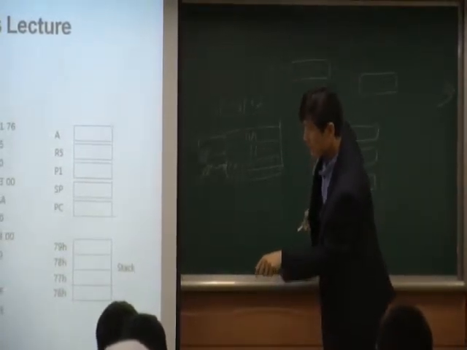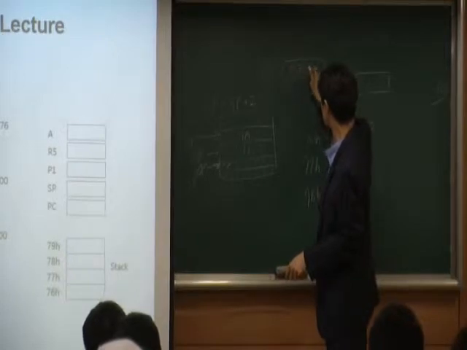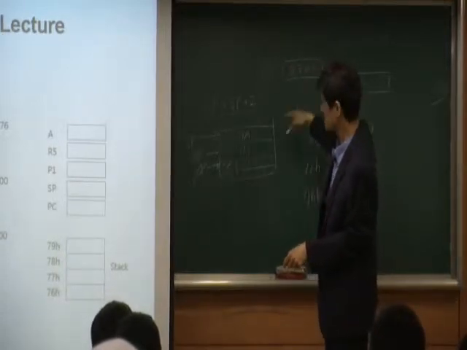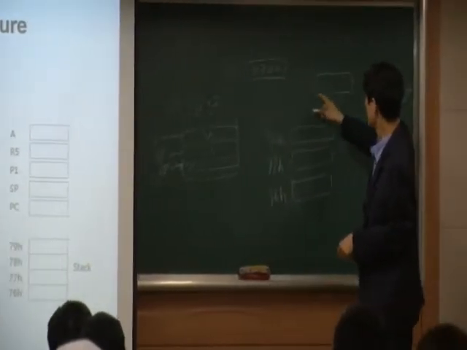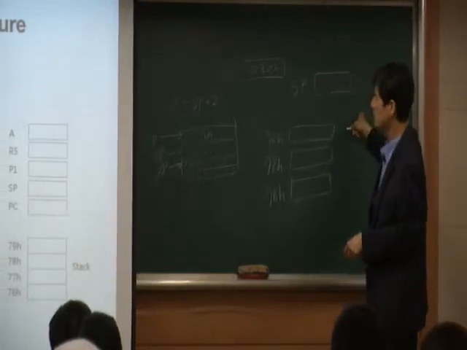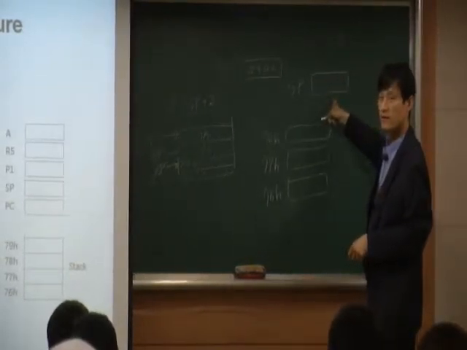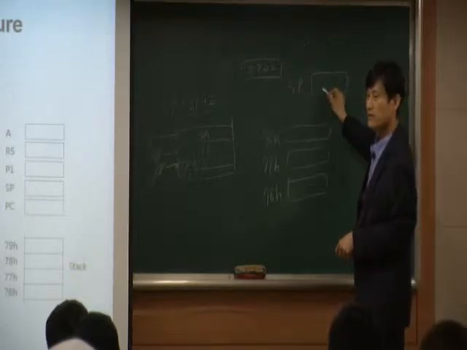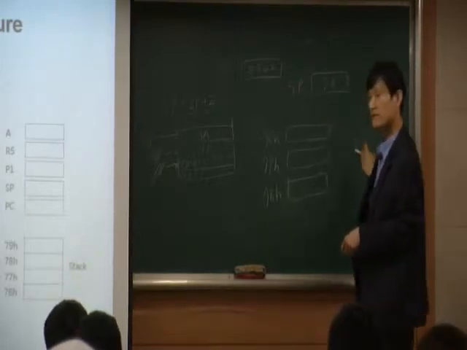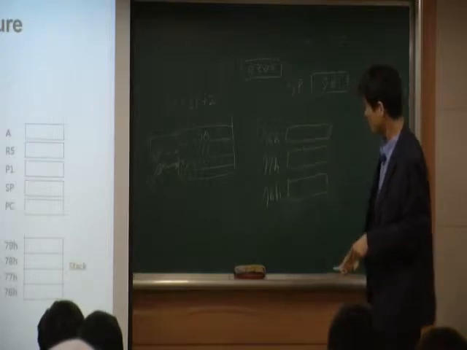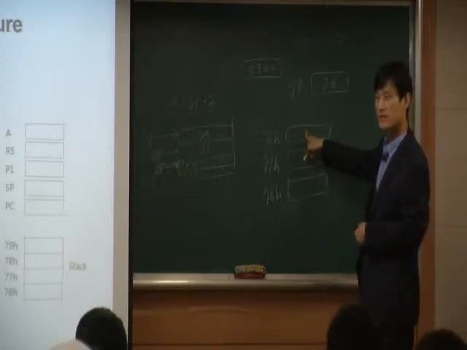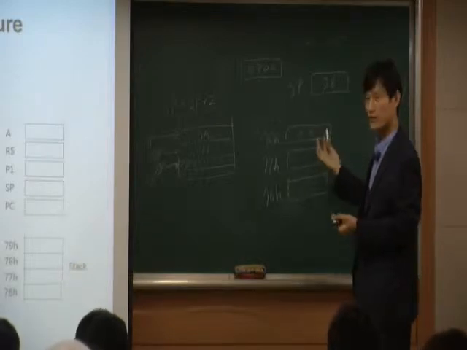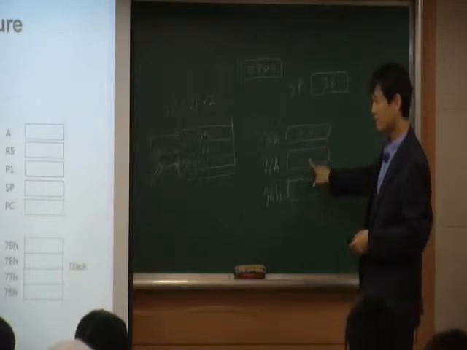When you stop here, the value here is 0302, because that's the next instruction. What value do you have in the stack pointer? You have the value 78. And what value do you have here? We don't know. And what value do you have? It's like 0108, or it could be 0801, but